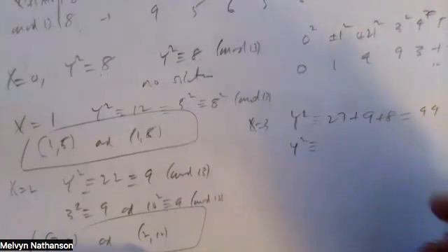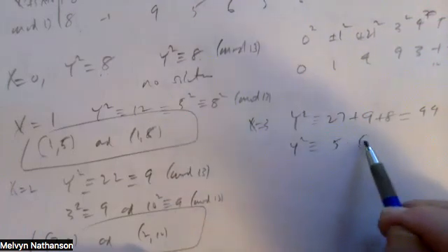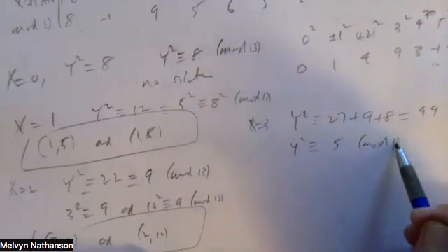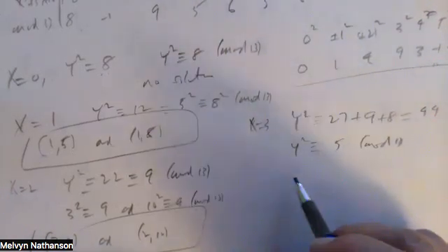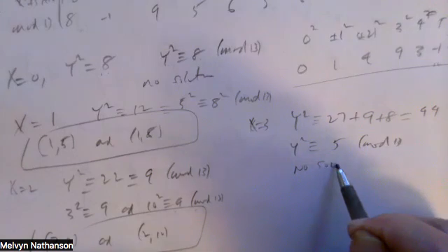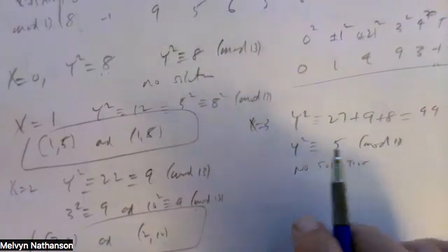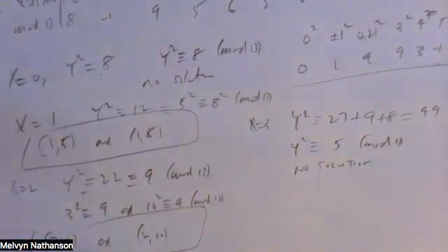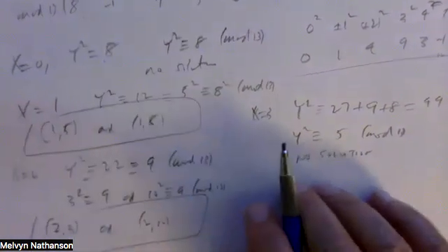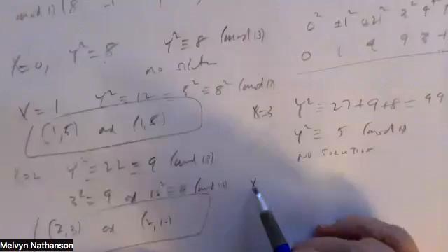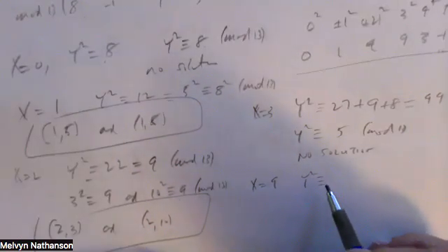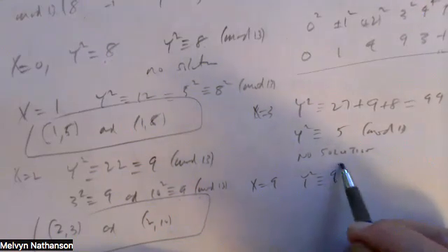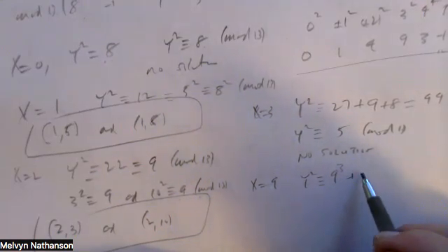So y squared has to be congruent to 5 mod 13. And if you look at the squares mod 13, there's no 5. So there's no solution. And you keep checking, x equal 4, 5, 6, 7, 8. There's no solution. When x is equal to 9, y squared has to be equal to 9 cubed plus 3